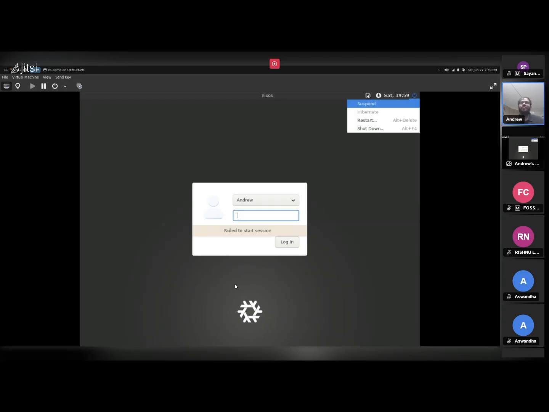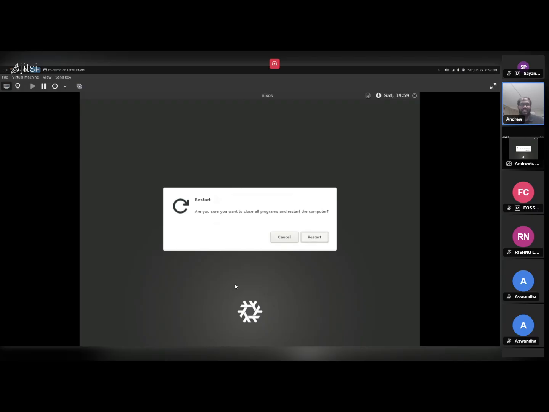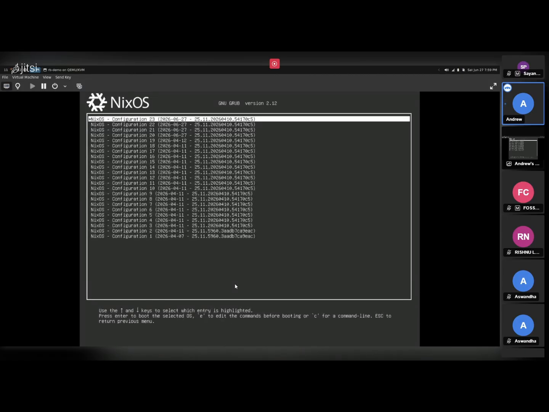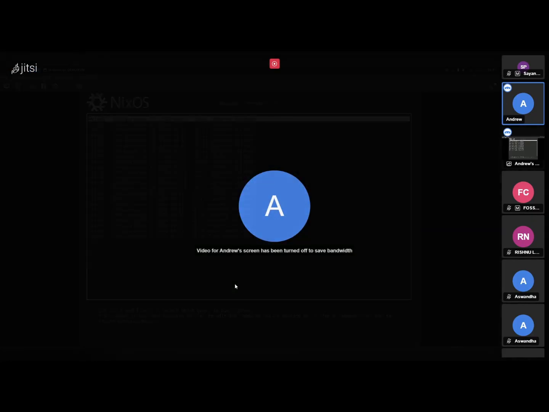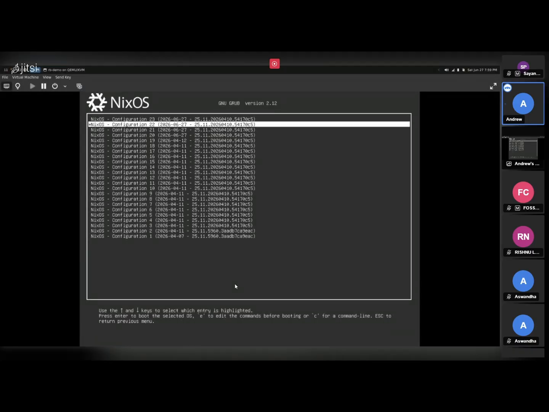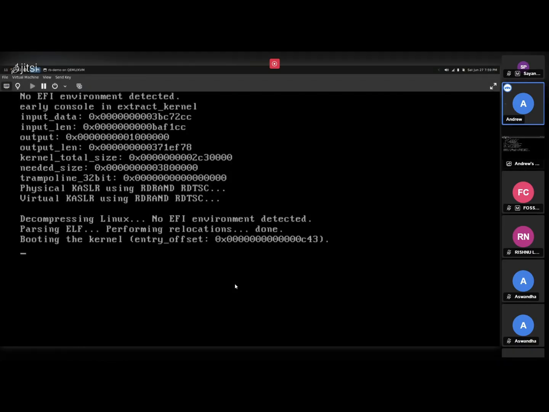Because Nix knows that your system is based on the OS, it's giving you a new OS every time you do a nixos-rebuild. So what I can actually do is time travel into previous versions of the OS. I can be like, okay, generation 23 is where I broke the system, so I can pick configuration 22, and I can come back in.